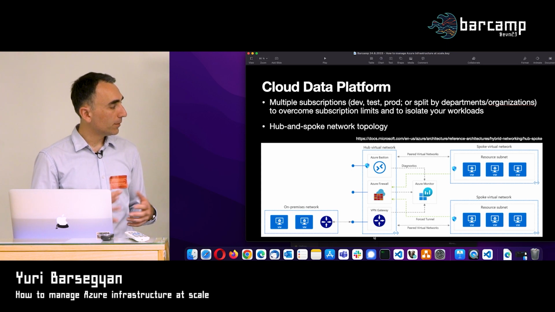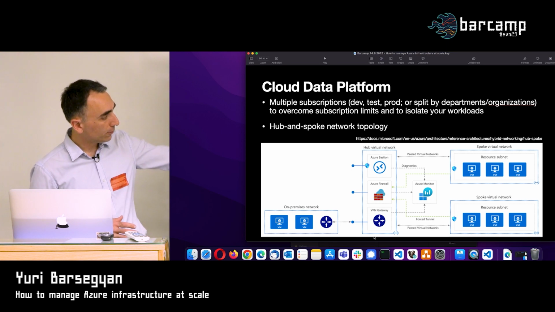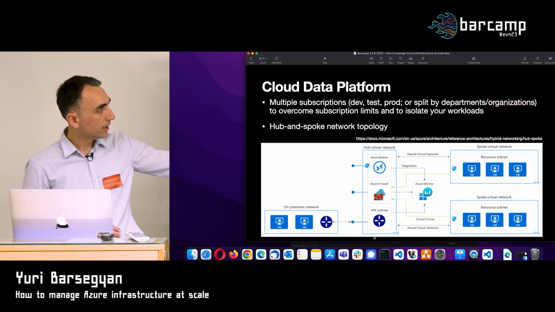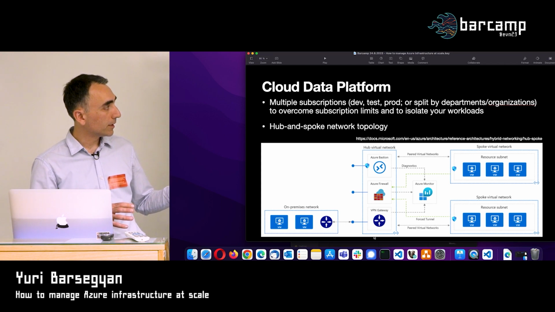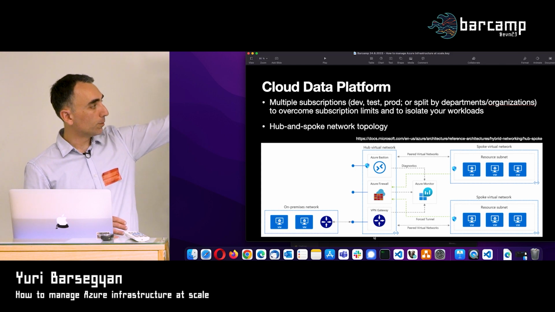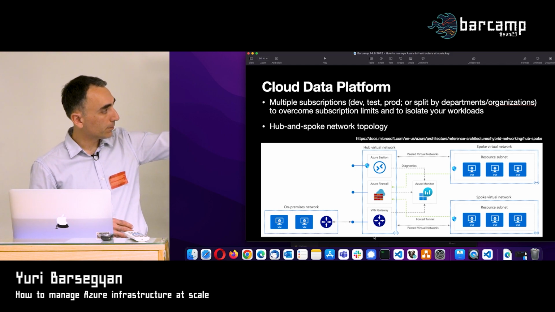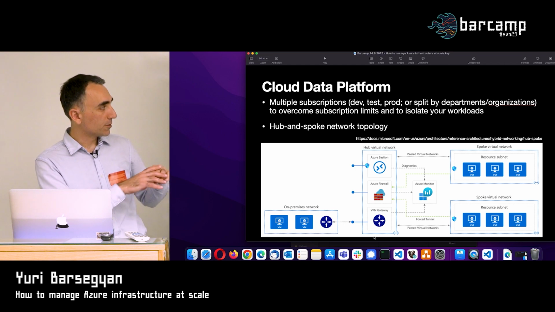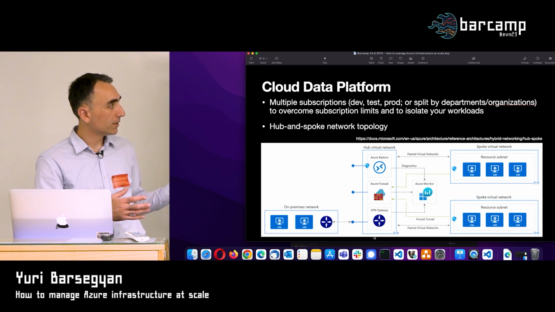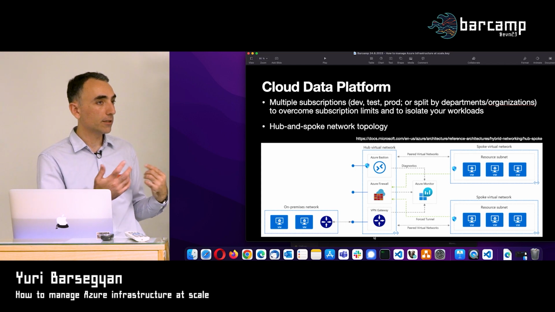And you will implement some sort of... even if you don't have on-prem connectivity, there is still a good idea to implement the hub and spoke network topology. Because imagine the top part is the dev environment, the bottom part is the prod environment, or just different production types of environments, and they need to be connected somehow to each other,